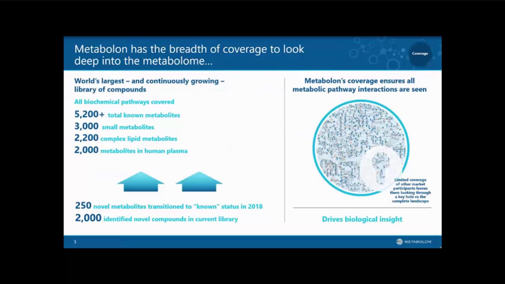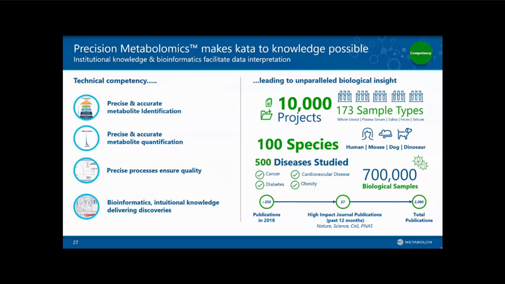The other thing that we are always aware of is the novel discoveries which are in this data. In addition to our known library, we have a library of unknown or unnamed metabolites, and we have entire initiatives within the company to actually attempt to identify these unnamed compounds. Many of these, just to give you a hint, are ultimately metabolites that are not known to man, and many of them are believed to be microbial-derived metabolites. So it's incredibly exciting to be within a technology that also enables us to really move the cutting edge of understanding what metabolites are actually even present in these samples from the get-go. Metabolon has been doing precision metabolomics for over 15 years.